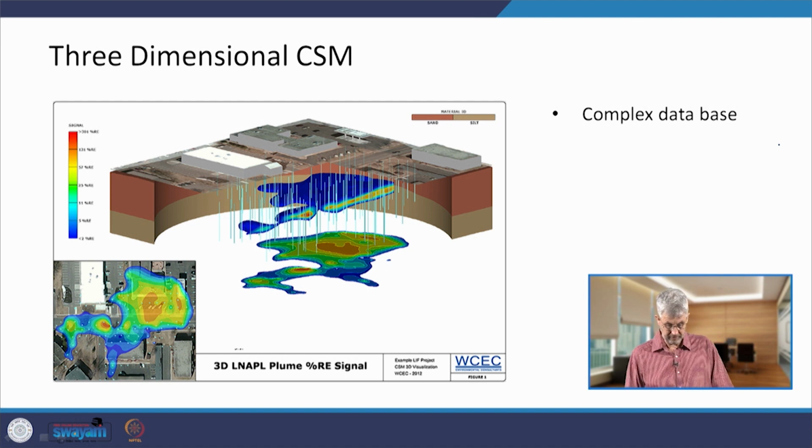In this particular example, you see the many blue lines here. These are monitoring or observation wells, and if you were to count them, you would count many, like 50 wells. And this kind of data set is not unusual at large sites where over many years, sometimes hundreds of wells have been drilled, thousands of samples have been collected, and all these data points are synthesized into a conceptual site model like the one here. So in other words, a conceptual site model can be a very complex database.